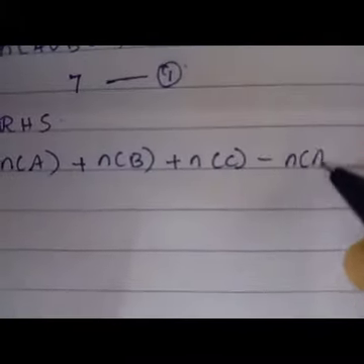So, your first question: the number of students who take part only in music is 17, students who take part only in drama is 22, and the number of students in the class is 17 plus 8 plus 22, which is equal to 47. Now the next question is your fifth question.